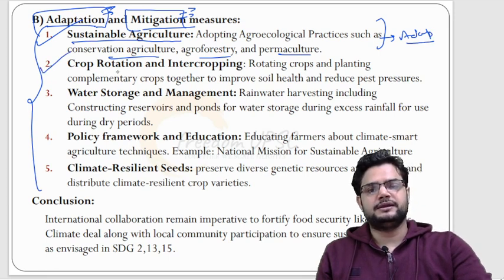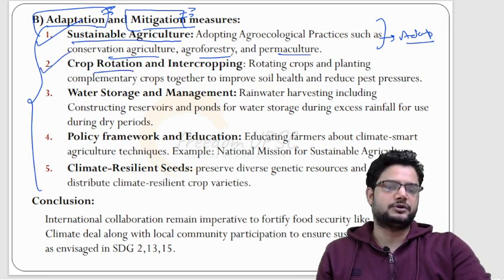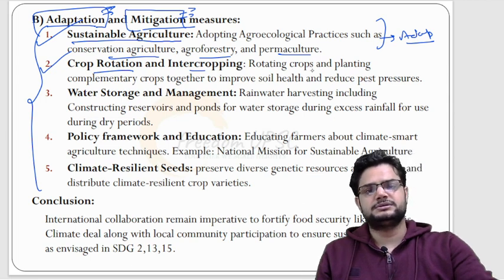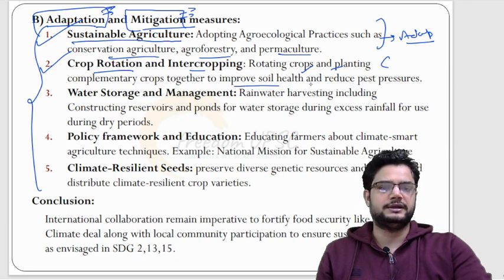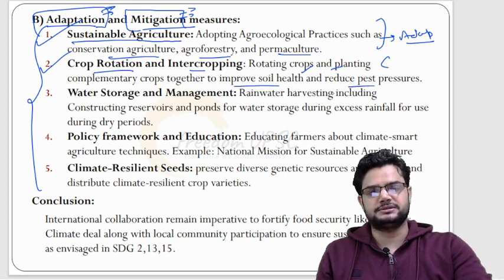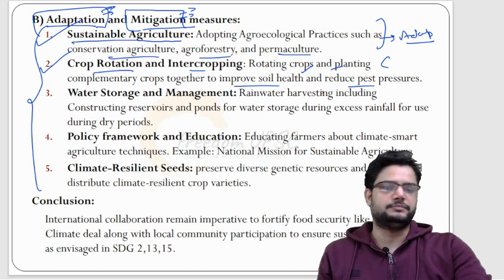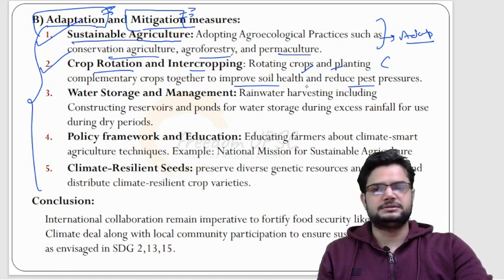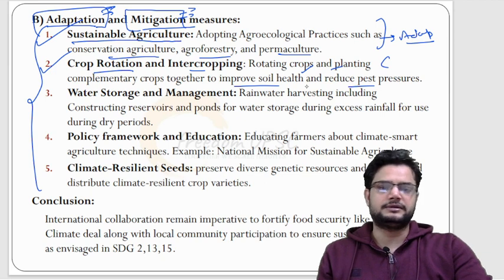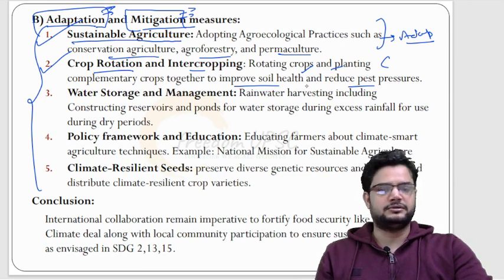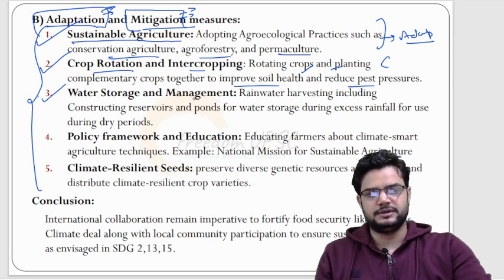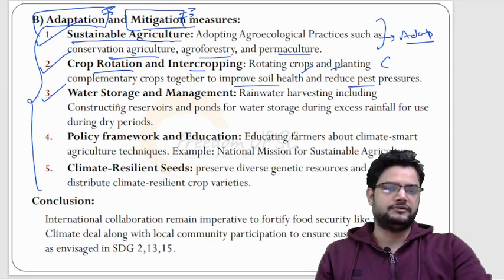Now we can introduce various farming techniques like crop rotation and intercropping, because while we are rotating crops, the soil quality remains good. It improves soil health and reduces pest pressures. Because if there is one crop and one pest comes, it can eat all the crop. Whereas if there is a variety of crops in the field, a single pest cannot survive there, because it has to feed on the same kind of crop, but it cannot find it after a certain point of time.